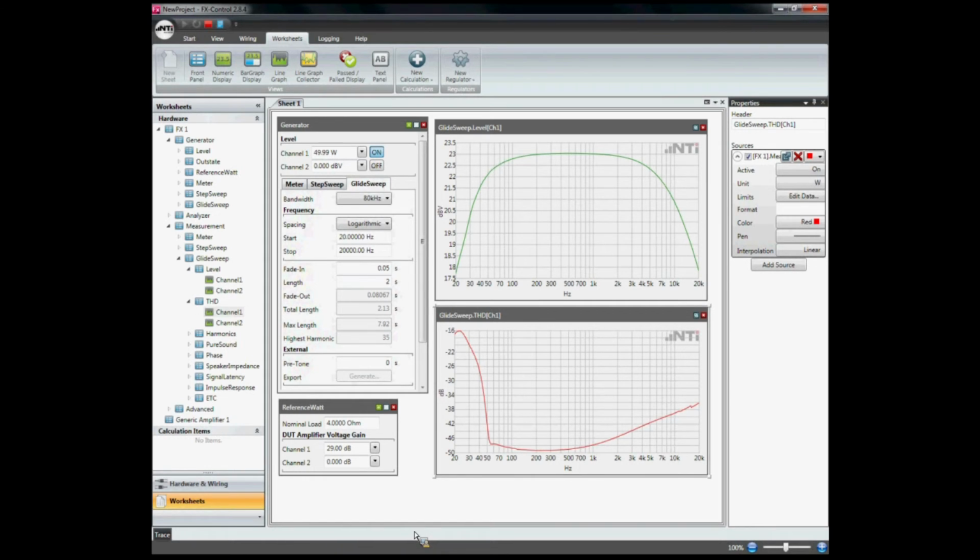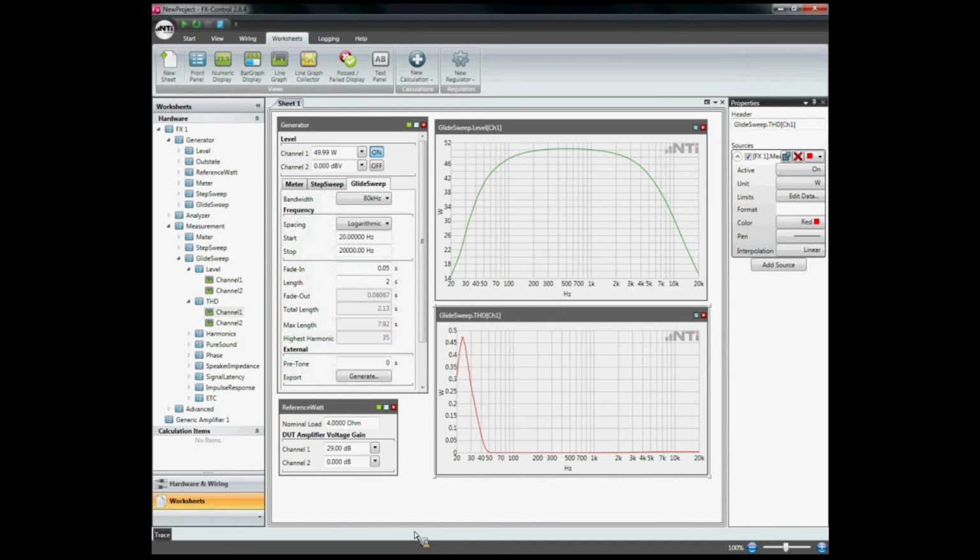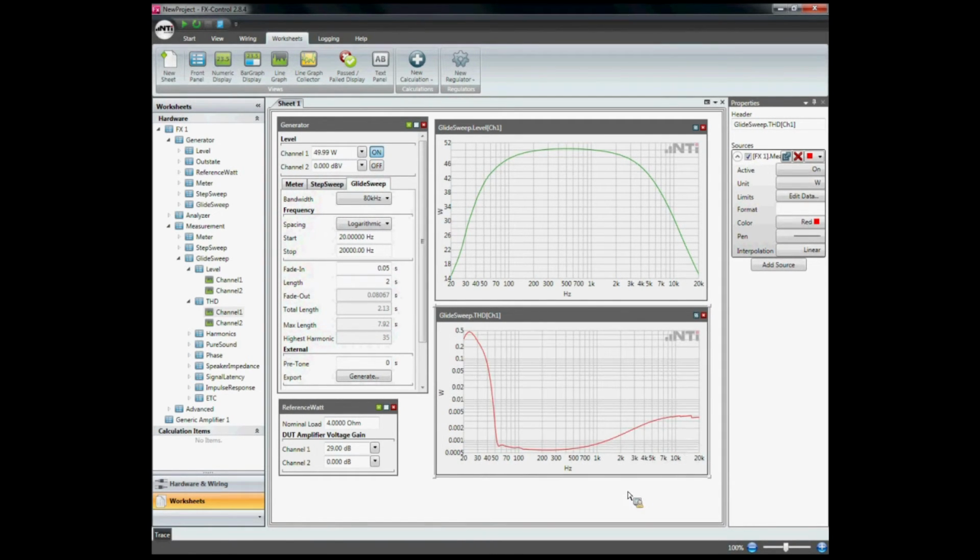This is how it looks. Now here, when you take a look at the THD, you see some major distortions in the low frequency range, and then there's something happening up here which you cannot really take a close look at. So let me now change the y-axis scaling to logarithmic, and then we have a much better understanding of what is going on up here in the upper frequencies.